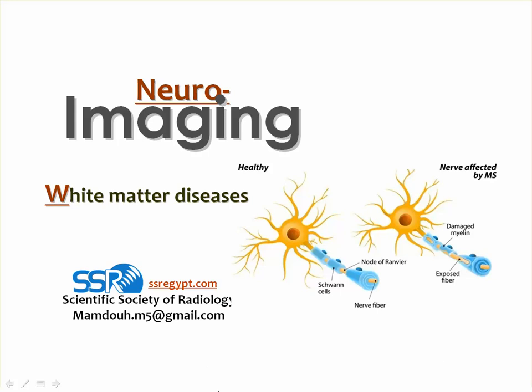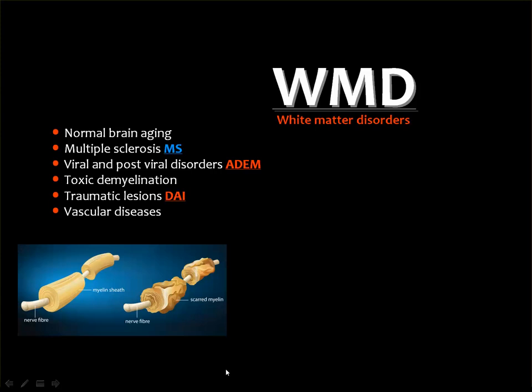We will discuss here, of course, the main lesion of the demyelinating diseases, which is MS, and we'll also show the differential diagnosis of this particular disease. In this area, of the demyelinating diseases, we have what's known as the normal brain aging, the MS, the viral